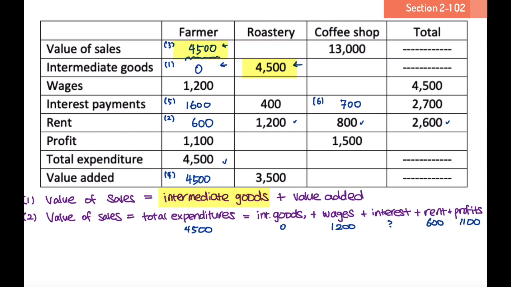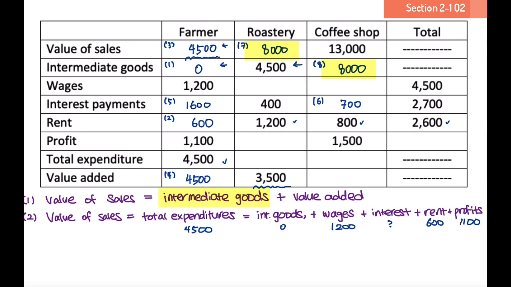And using those coffee beans, the roastery created this new value of $3,500, which means the value of sales for the roastery is going to be the sum of the 4,500 in intermediate goods and the 3,500 in value added, which is 8,000. So now the roastery is selling the bags of coffee at $8,000, and we know that that's going to go towards the coffee shop